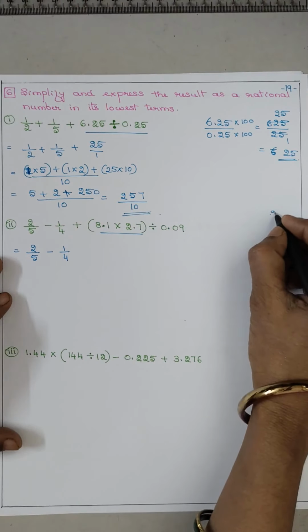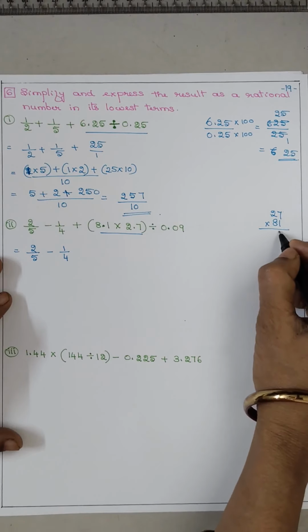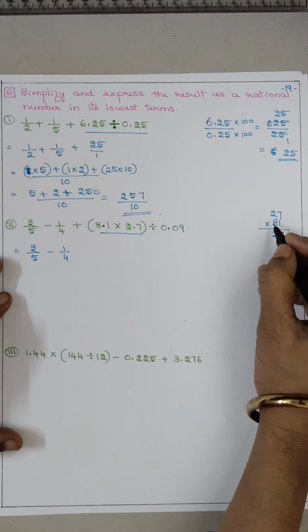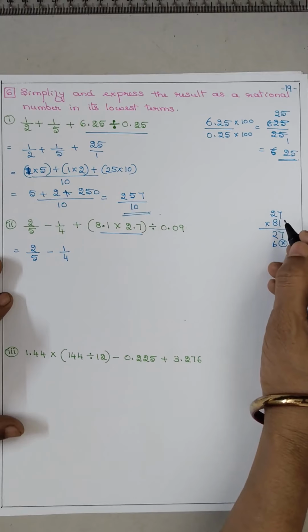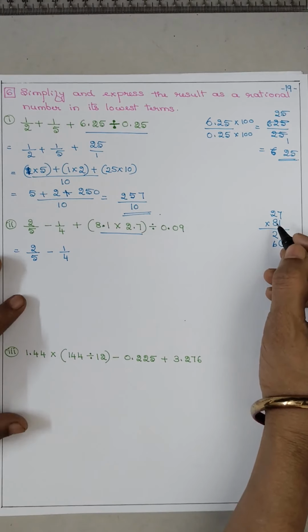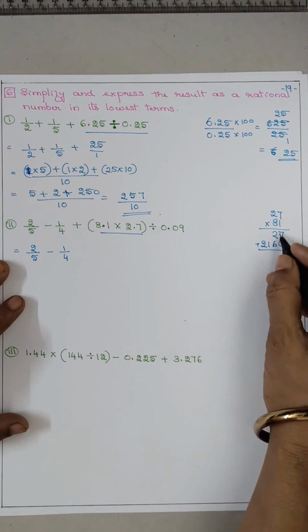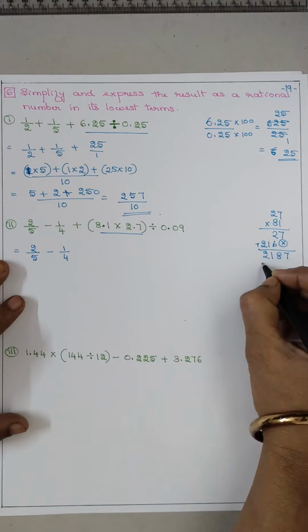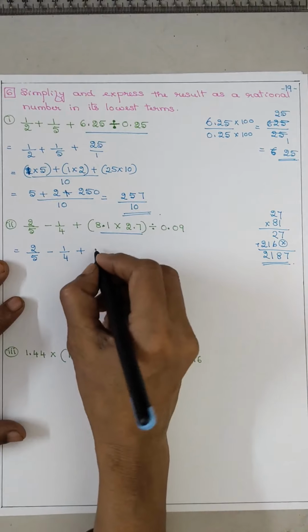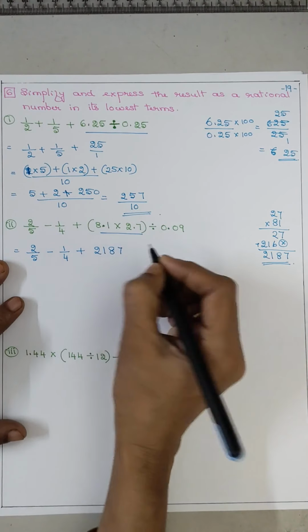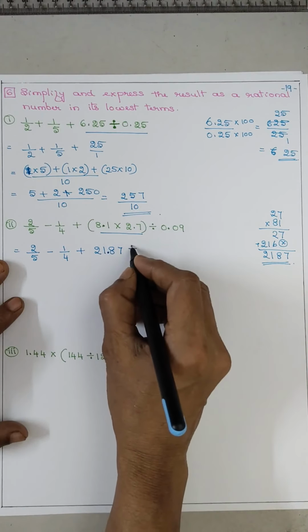So 27 into 81, 1 sevens are 7, 2, 8 sevens are 56, 8 twos are 16, 17, 18, 19, 20, 21. So 7, 8, 1, 2. You got plus 2187, but it is 2 decimal, 1, 2, divided by